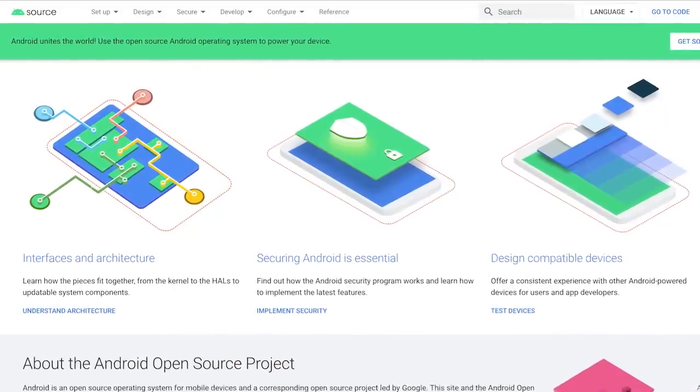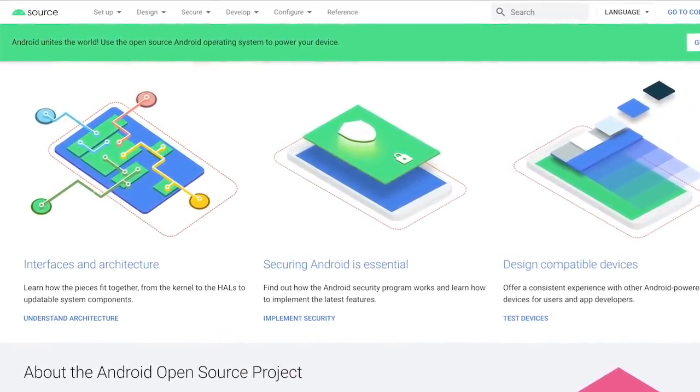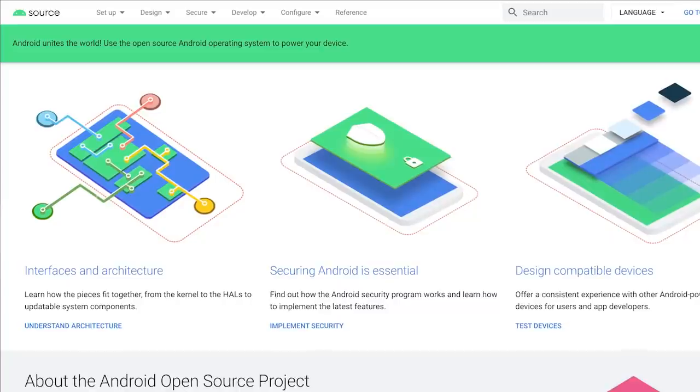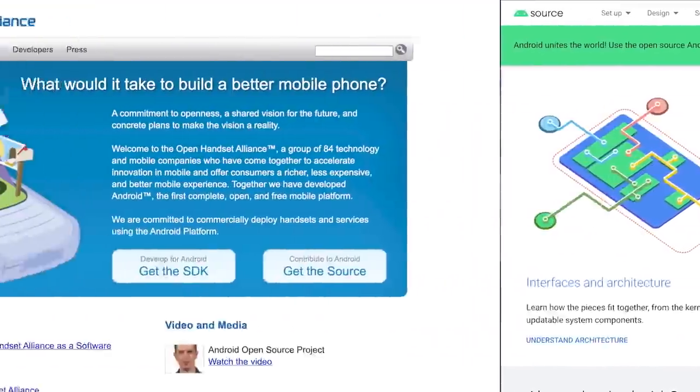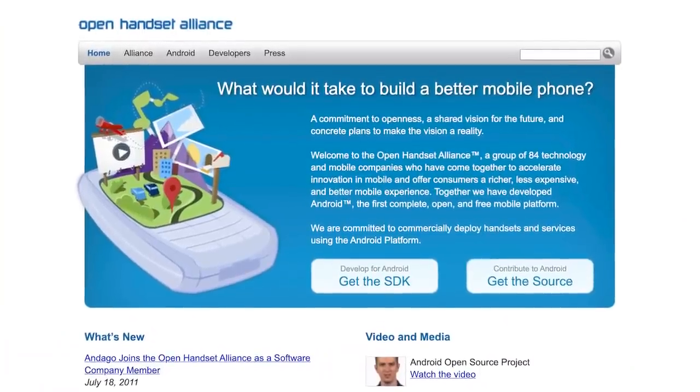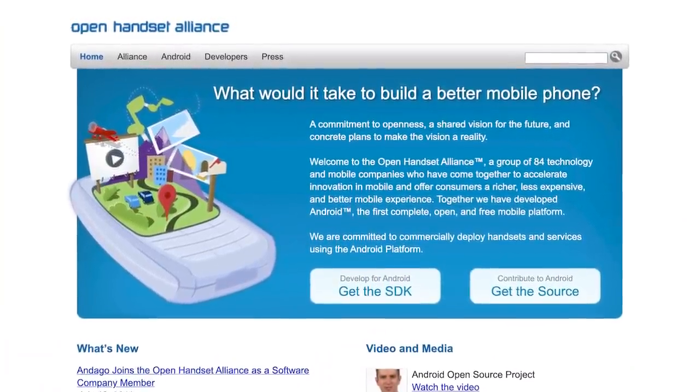That's really so funny. And I gave the history in my last video. What is really interesting is that when Google started this, they wanted the platform to develop quickly. So they came up with the Android Open Source Project, and that was done in conjunction with their partners from the Open Handset Alliance.